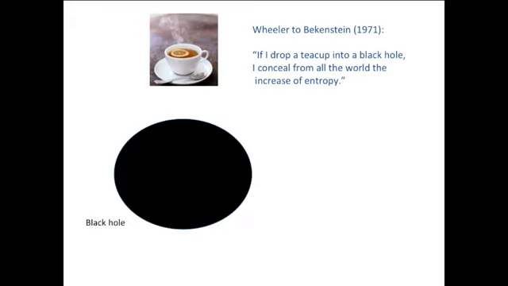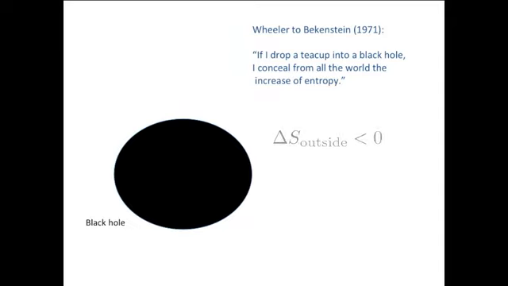Back in the early 70s, Jacob Bekenstein was a graduate student. His advisor was discussing with him the issue mentioned earlier in the meeting, that one could apparently violate the second law of thermodynamics for the exterior of a black hole by dumping entropy into it, in this case in a cup of tea, so the entropy outside would go down. Bekenstein thought about it and considered that if you drop entropy into the black hole, something changes: the black hole gets bigger. So he got the idea to attribute to the black hole an entropy that grows when it gets bigger.